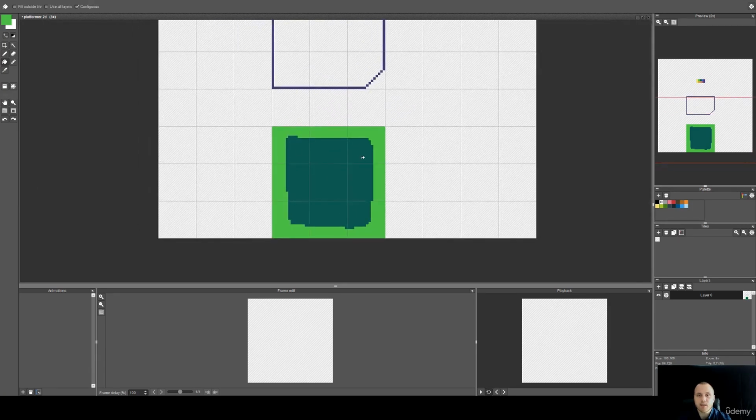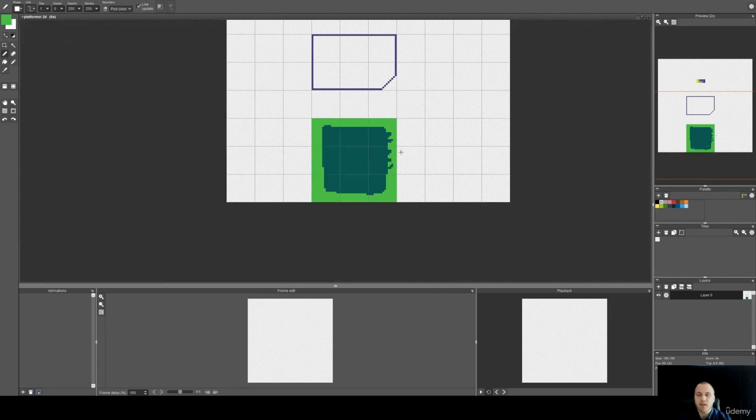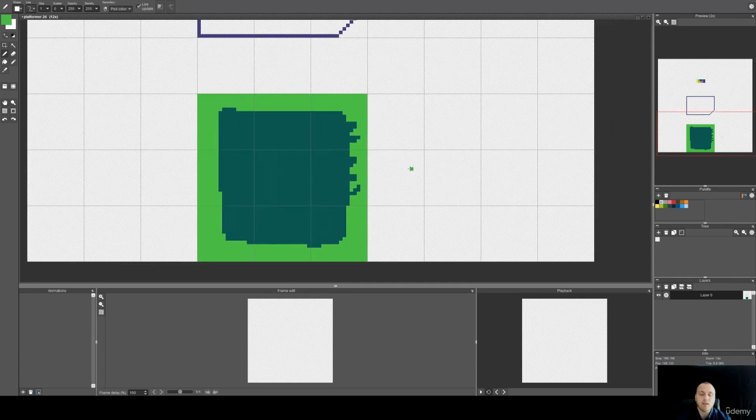Now this would be the grass. They would put some, I believe, leaves and stuff like that. They would shade it nicely, and it can look really nice, don't get me wrong. But if you want your character to be able to jump on the walls, meaning wall jump,